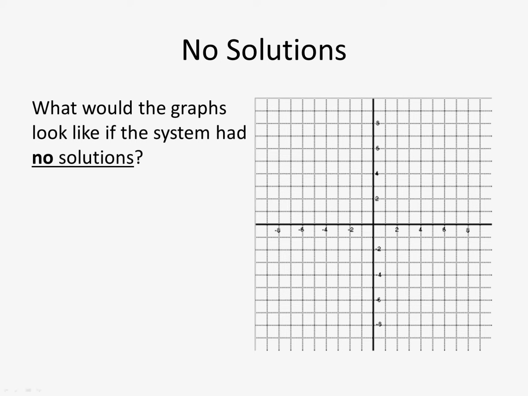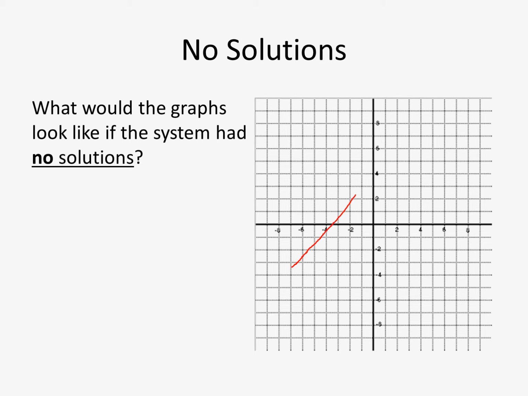Okay, so let's talk about no solutions. What would the graphs look like if the system had no solutions? If the system had no solutions, that means that the lines cannot touch in any places. So